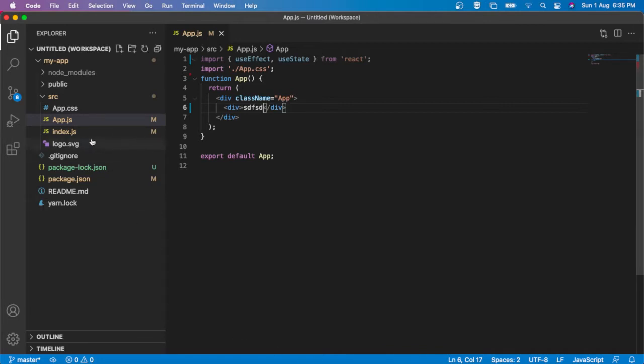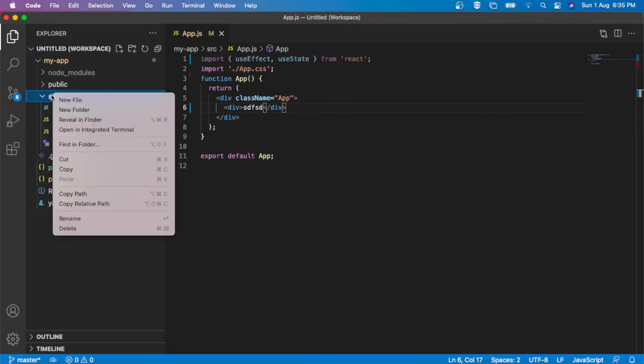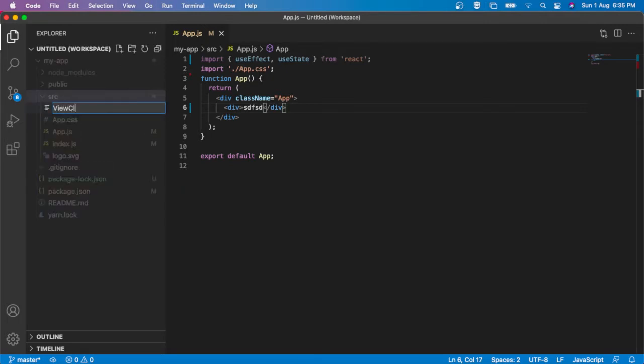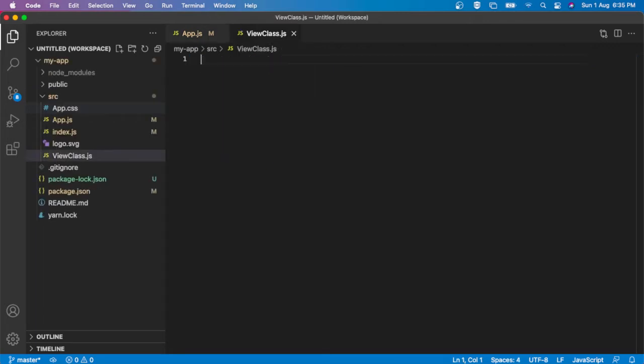For that, I am going to create a class component here, ViewClass.js. Okay, this is a class component. Here I import React from react.